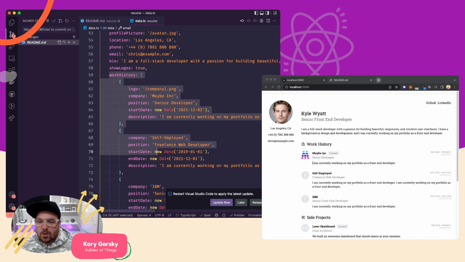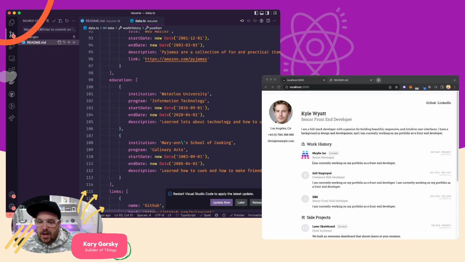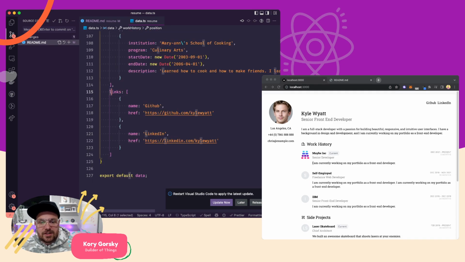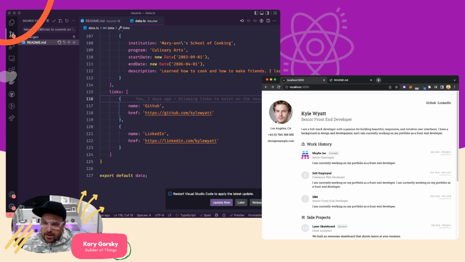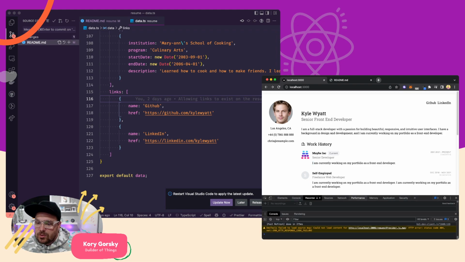There's an array for work history, which you're seeing played out here. There's an array for side projects. There's an array for education. And we're in this section here where we're talking about links. Last time we were on here, we worked on being able to put links up in the top right here. And for the online version, these just link out. But if you were developing for the print version, we're just going to go to,